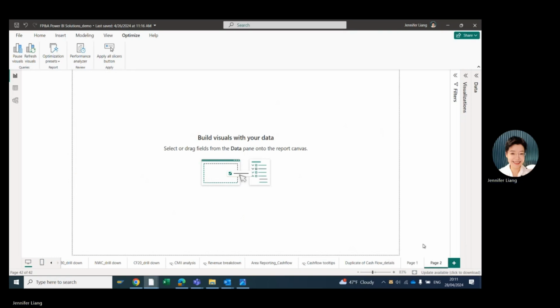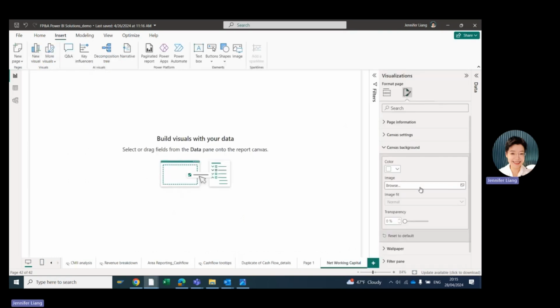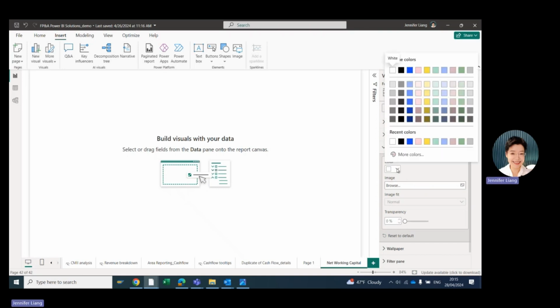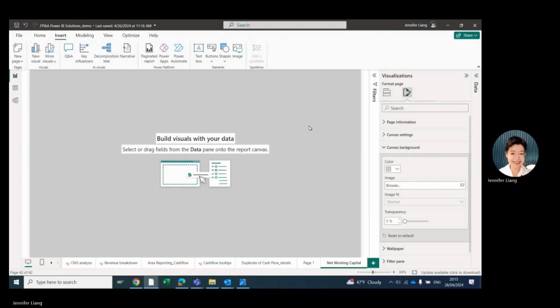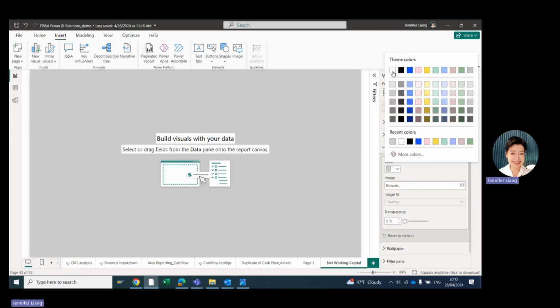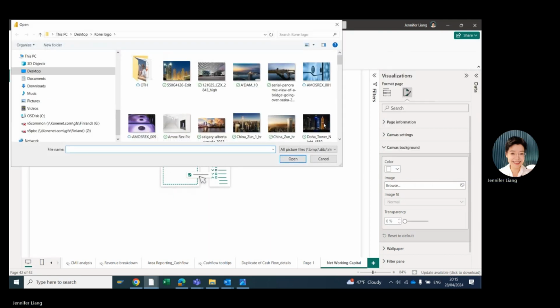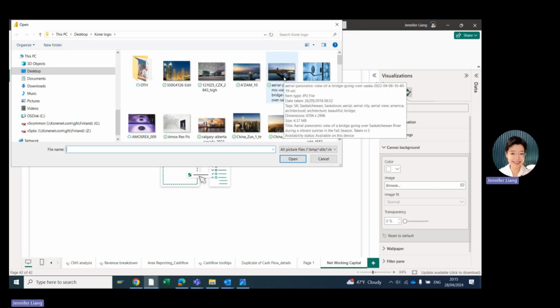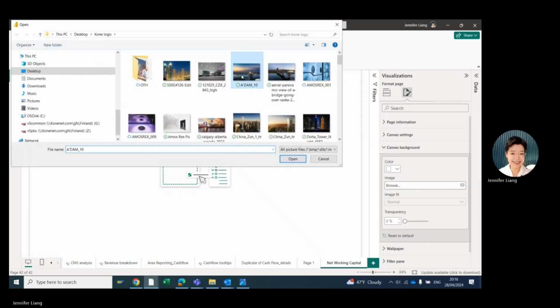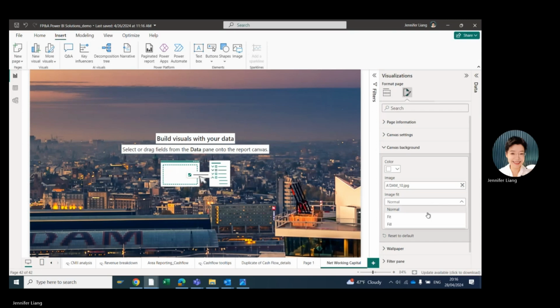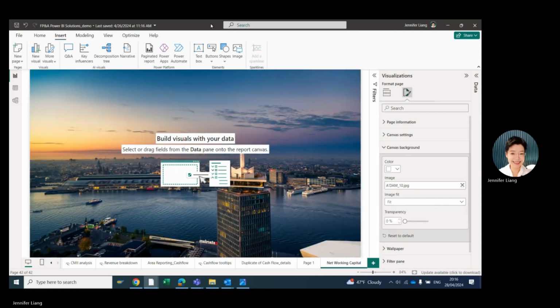Rename the page. Let's start to design a canvas. You can either use a plain color to let the main content pop out, for instance, green, or we can also use a picture. With this as a canvas picture,